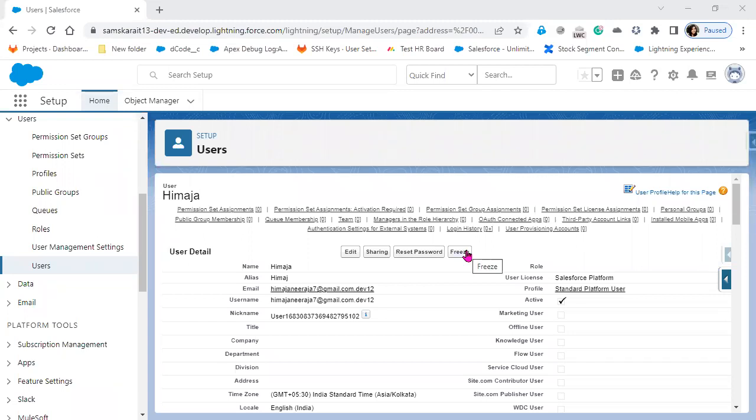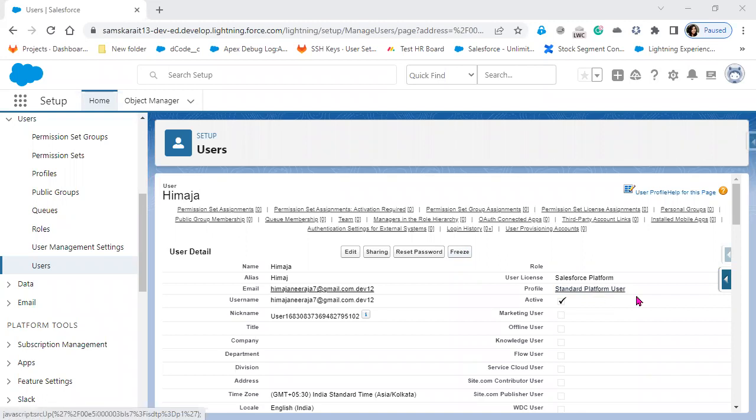That means whenever the person is on vacation, if we do not want to allow them to log into Salesforce, that means if we want to deactivate them for some time, then better to freeze. Do not click on Deactivate, because as soon as you remove this,